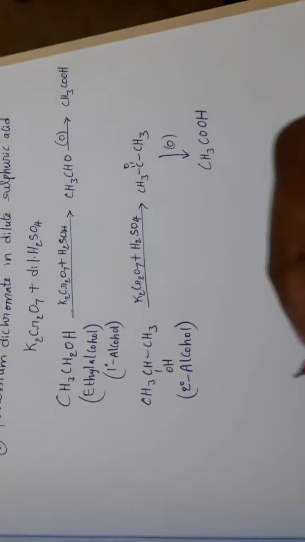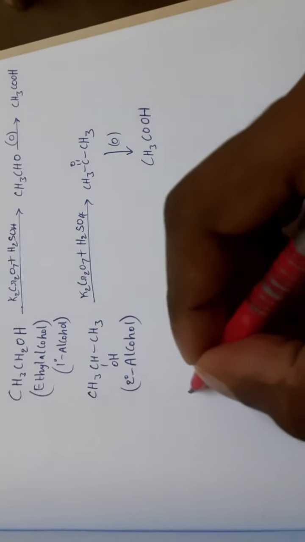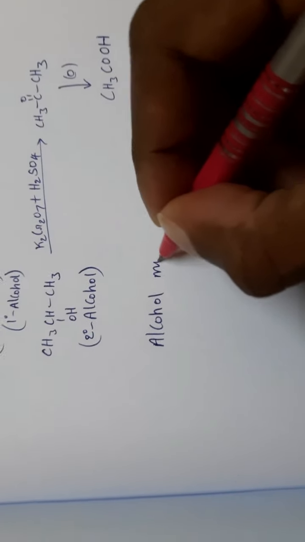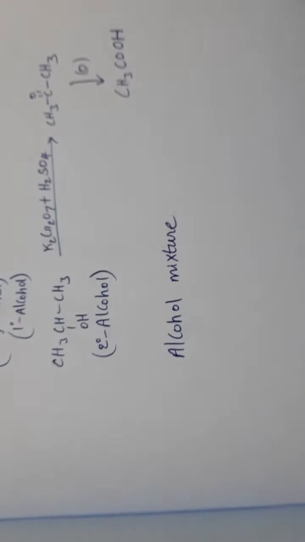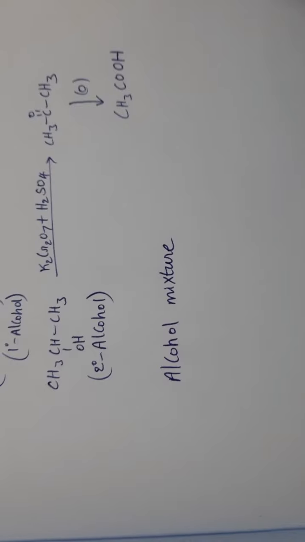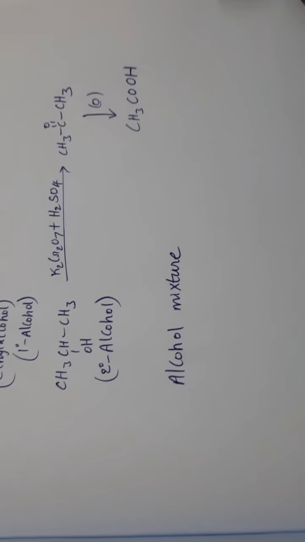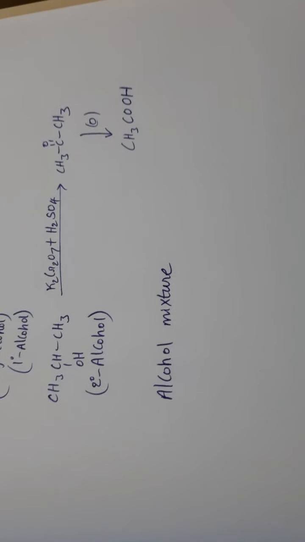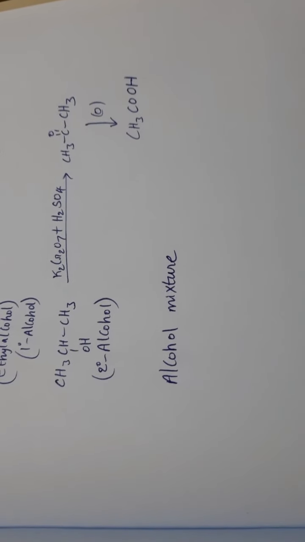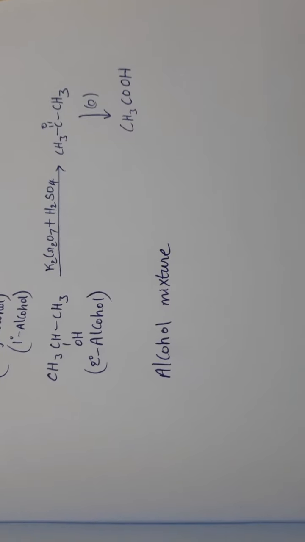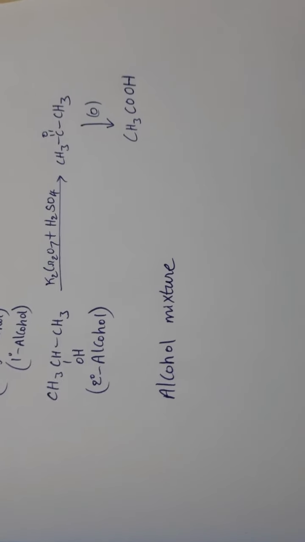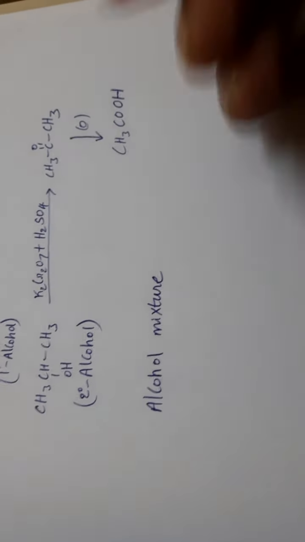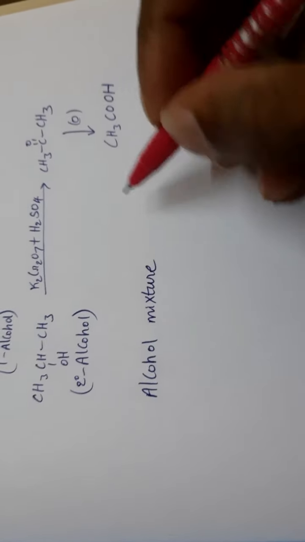Now, an alcohol mixture is given to you and you are asked to identify what type of alcohols are present in it. That mixture contains primary and secondary, or secondary and tertiary, or tertiary and primary. What type of alcohols are present in this mixture? That is the question. Now, this mixture is treated with